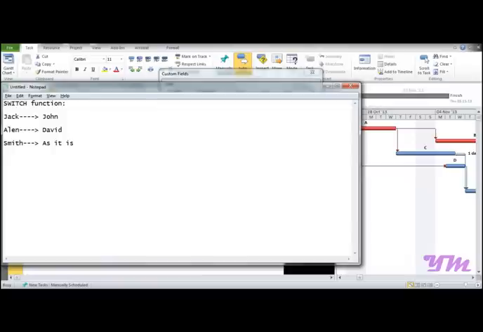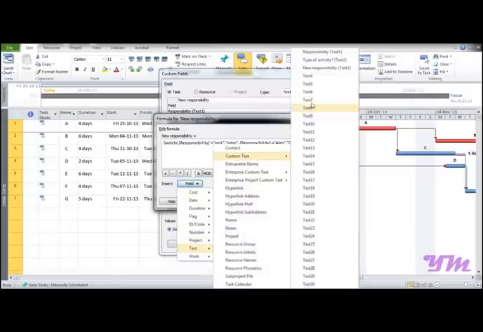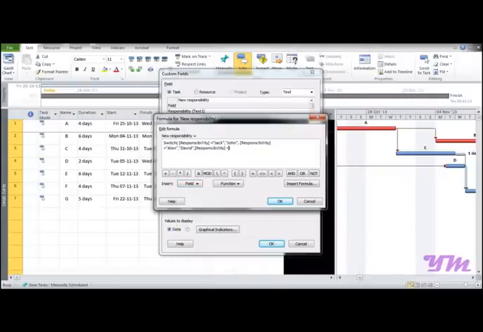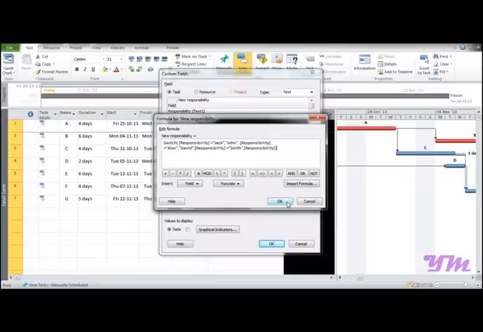While as we saw in the third case, wherever there is Smith, we want to keep Smith as it is. So now we can add an expression, text, custom text, responsibility, equal to Smith in double inverted commas. One way is to write Smith, comma, double inverted commas Smith, but it's not a practical way. So we would write Smith, comma, and again add a field responsibility over here. Basically, wherever there is Smith in the responsibility column, it would keep the same as it is. So we select responsibility over here and press OK,